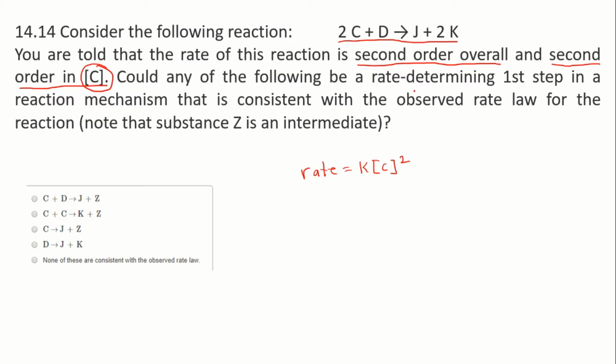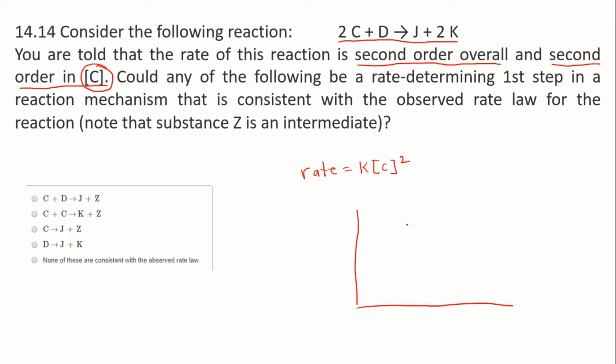And so what does that mean? That means, right, we talked about reaction coordinate diagrams, and we talked about steps, slow steps and fast steps. That means that the slow step of the reaction depends on the concentration of C. There may be other steps of the reaction, but they are much faster, and so they don't determine the rate